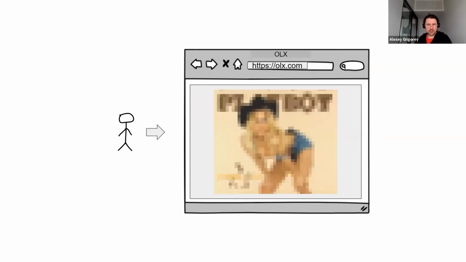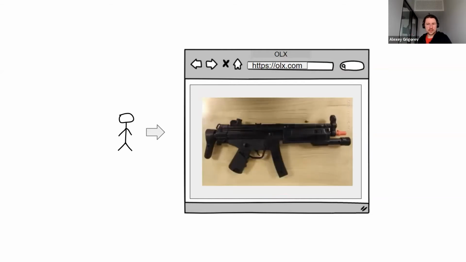Another problem is explicit or pornographic content that is not allowed to be posted. Usually people post it in order to get attention, and usually it's fraudsters who want to, I don't know, publish some link that they should not. So this can also happen. Or, as I said, some people try to sell guns. In this particular case, you see that there is this red thing on the gun, so this means that this is a toy. But again, it's not always clear. When you see something like this, this shouldn't actually appear on the platform.